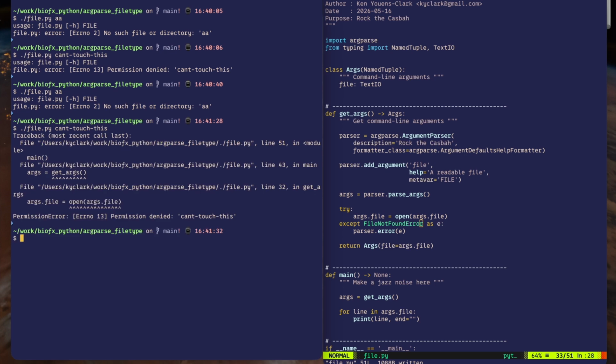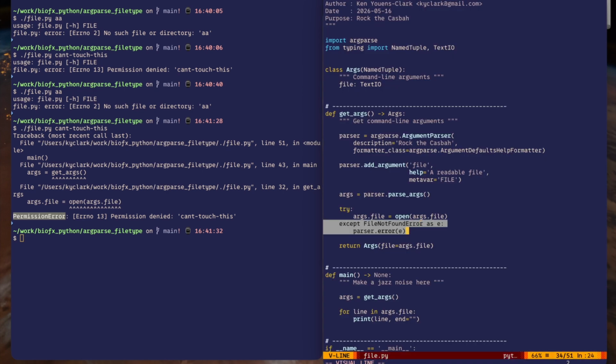But if we run this on the can't touch this, then now we're getting this traceback. And the problem is because we're not handling the other kind; what we're getting here is a PermissionError. So if you choose to start handling specific exceptions, then you're going to have to make sure that you're